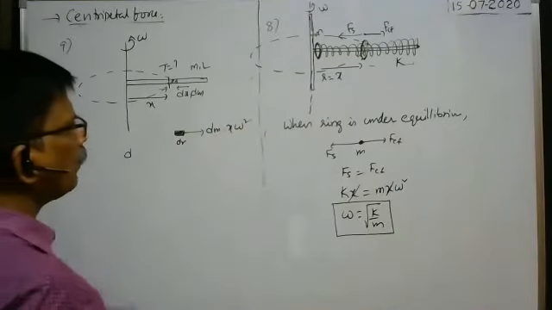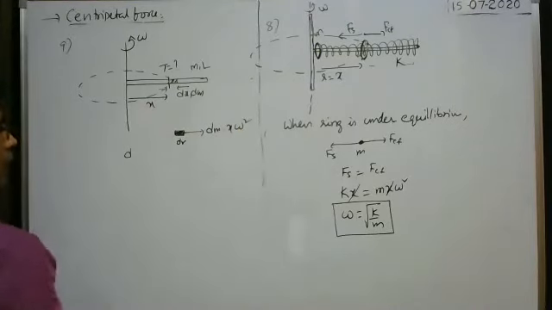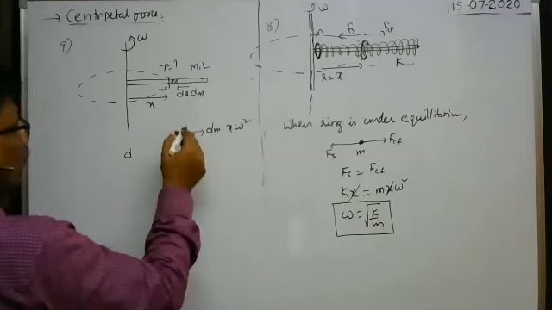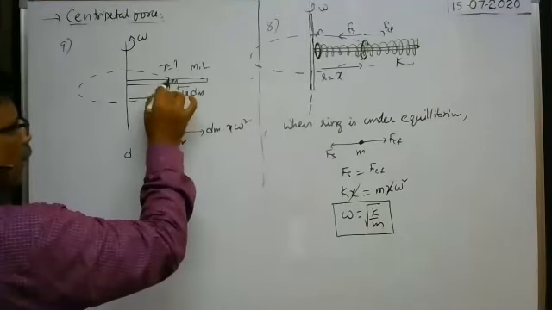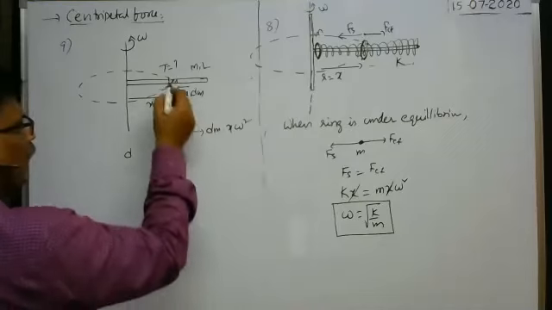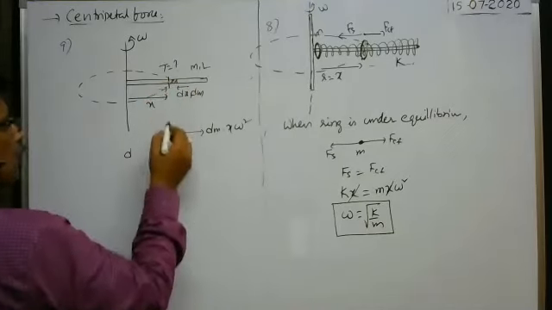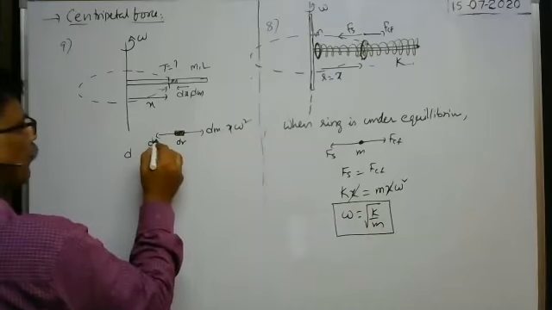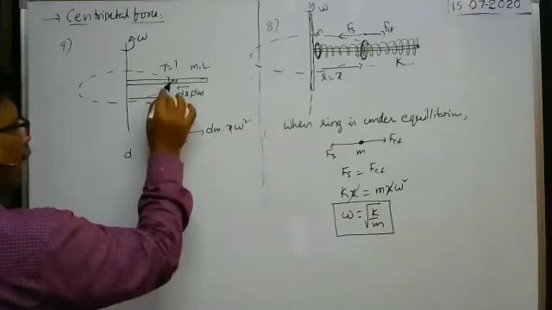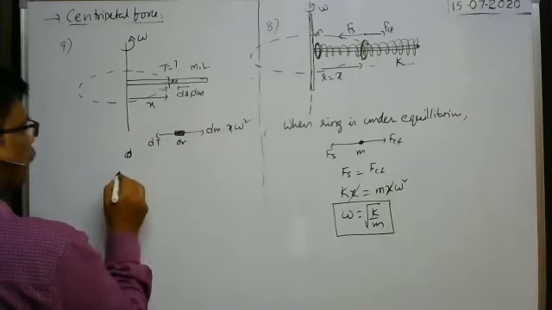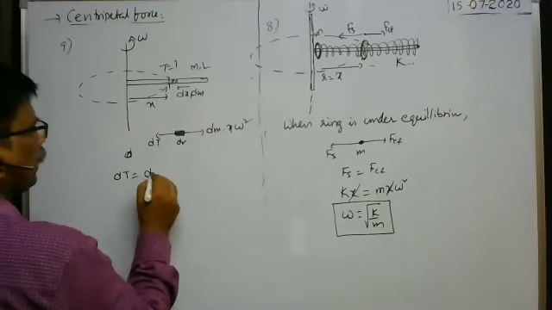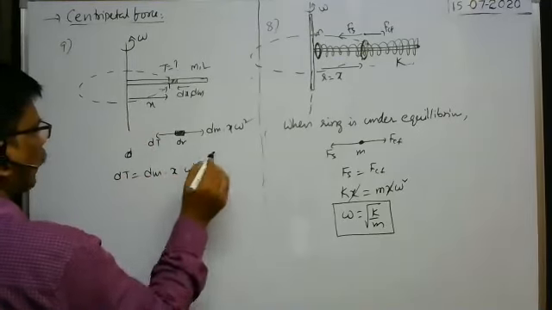Mr omega square is the formula, no? R is equal to x here. Now, as this element tries to move away because of the centrifugal force, at the same time this part of the rod pulls this element towards the center with a certain tension, that is dT. So under equilibrium, as the element is in equilibrium, definitely dT is equal to dm into x into omega square.